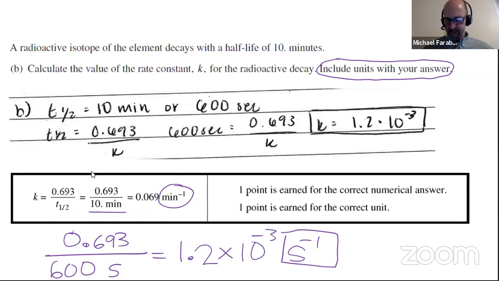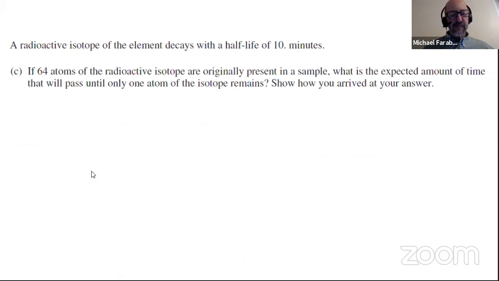All right, here's our next example. This will be our last example, and then I'm going to go into some general advice and guidelines for constructing good FRQ responses on the AP Chemistry exam. We have 64 atoms of a radioactive isotope. And how long does it take, if the half-life is 10 minutes, to go until you have one atom of